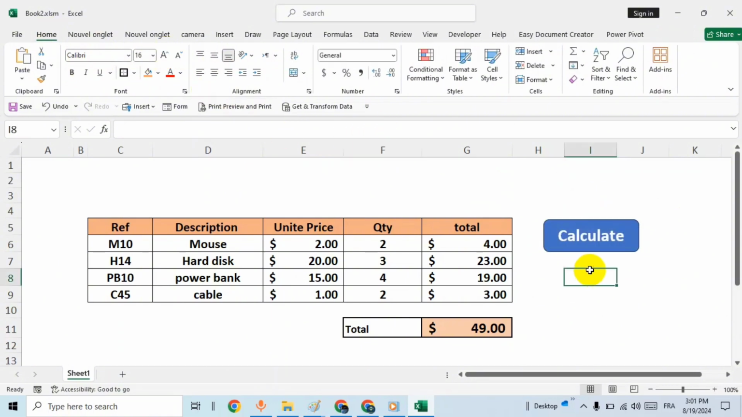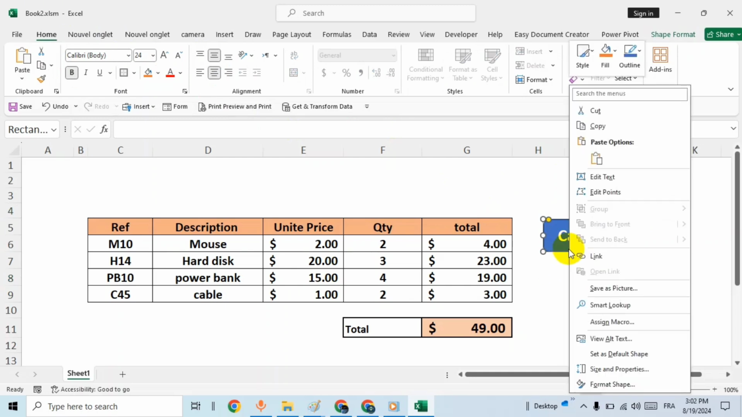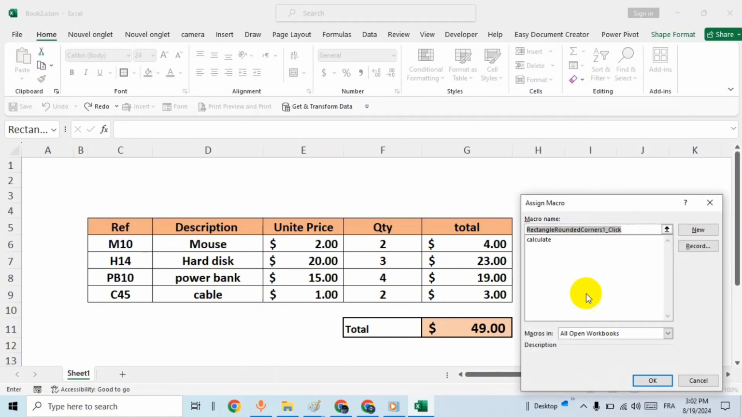Okay, so now I will connect this button with the macro that I have created. So right click on the button, then go to Assign Macro. Here is the macro that I have created. Okay,